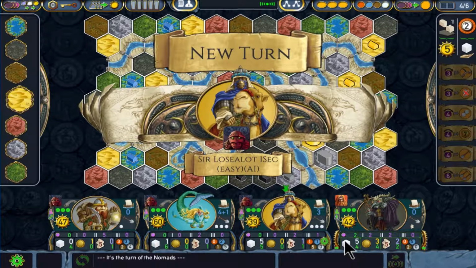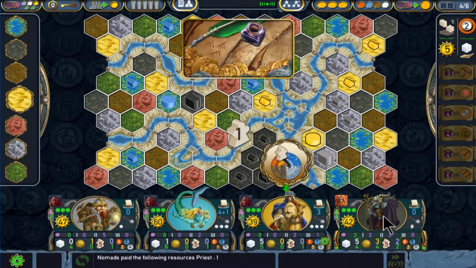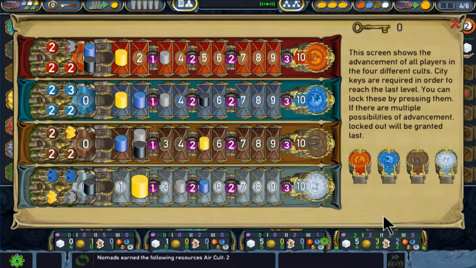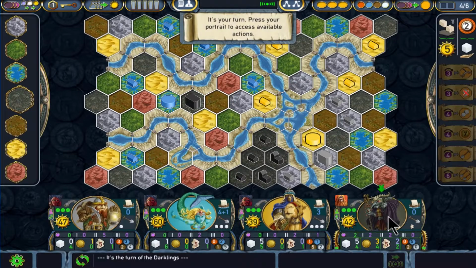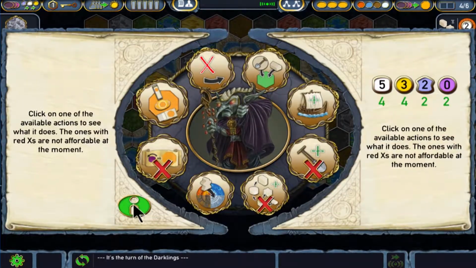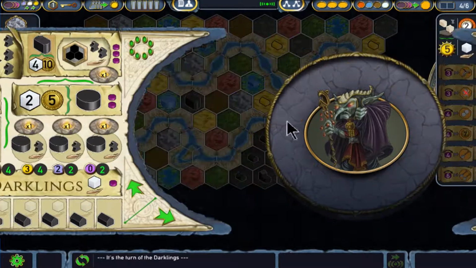Okay. Everyone's putting down their priests. Looks like I've missed the boat on the priests. I really should have done much better with that. But what I'm going to do here is, what do I need? I needed 2 and 5, right? So